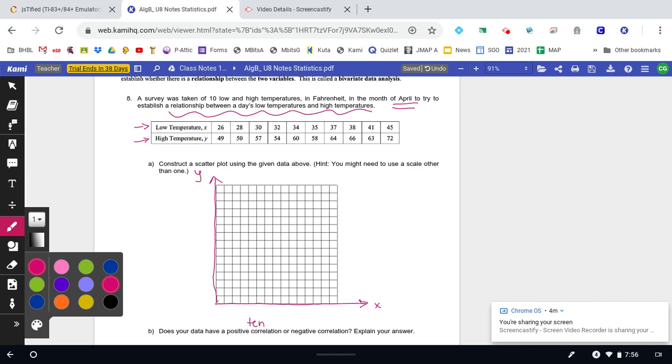So these are our low temperatures, and these are in degrees Fahrenheit. And these over here are high temperatures, and those are in degrees Fahrenheit. All right, so I'm looking at my numbers. I have about 26 to 45. So if I think about how I want to fit these in there, so let's see, what if I do 10, 20, 30, 40? Maybe let's see. If I do 10, 20,